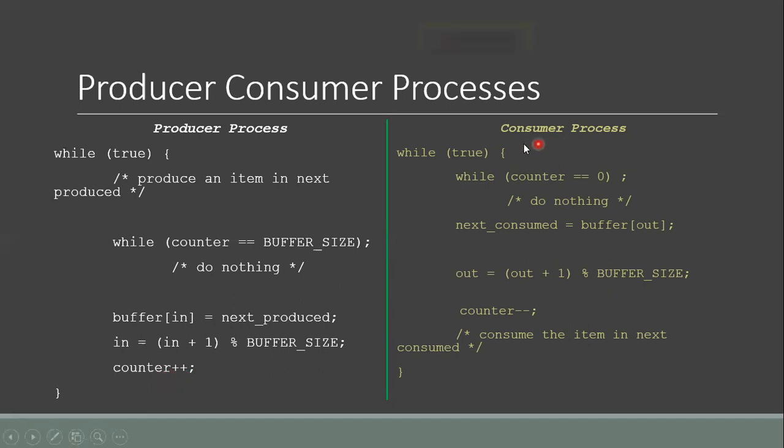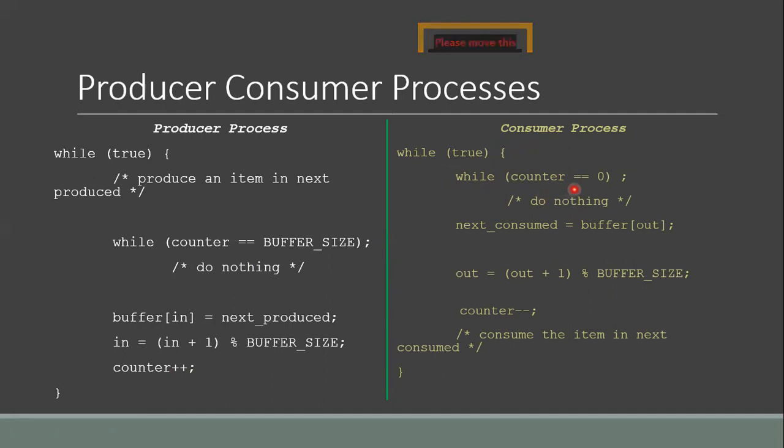The code for the consumer process is as follows: while true, while counter is equal to 0, do nothing. This means when there are no items available in the buffer, the consumer process cannot remove items from the buffer, so it will have to wait until some items are available.